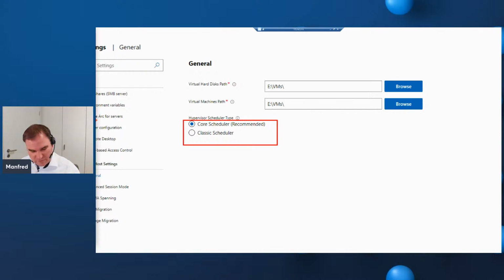This means that we have some reduced flexibility. This means that we have some impact on the performance, but this means that we have highest security. But here you can see, I often heard this from customers that switched from Windows Server 2012 R2 or 2016 to 2019 or 2022, that they have seen some degradations in performance. This is the setting where you can switch. When you switch to the classic scheduler back, you have the previous performance values,